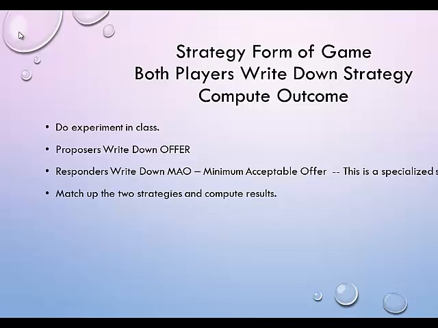Now, there are 2 players. The proposer has to offer a share. It can be anything. We're going to play this game. We're going to play 2 or 3 games today, and you will turn these papers back in, and this will be counted as a grade, so that the points have some value. Your score will be on average 12 points, plus about 5, so 17, 20 points. In the first game,